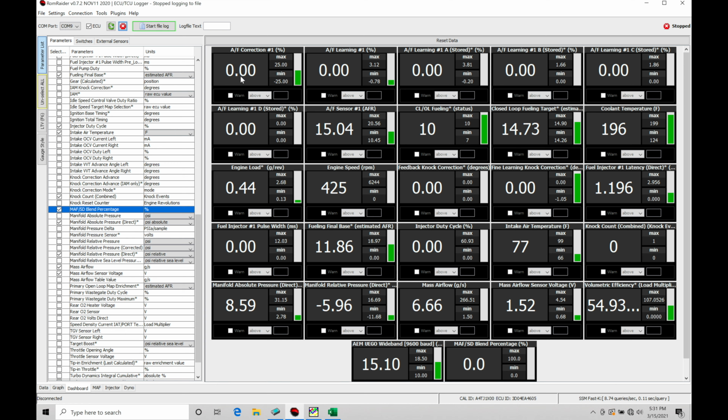You may notice that your air fuel correction here is relatively erratic. It might be all over the place. You might find it's going from 10 to -8, back to 10, to 5, to 2. You might find that this is moving around a lot within a very short period of time. Now that's not good because as it moves around, it's constantly adjusting the injector pulse width, as we've talked about. It's trying to match your air fuel to what the closed loop fueling target's going to be at idle and